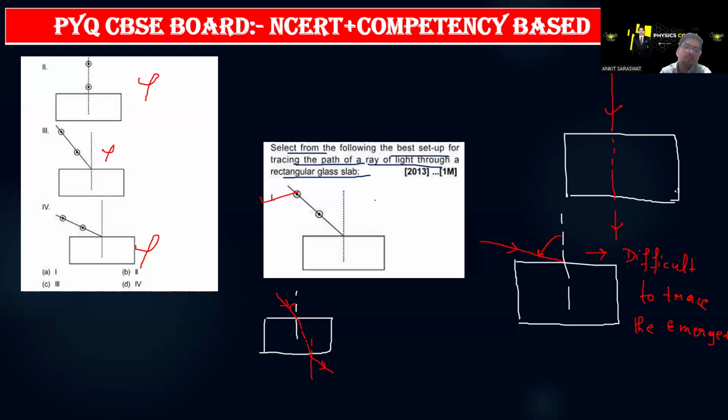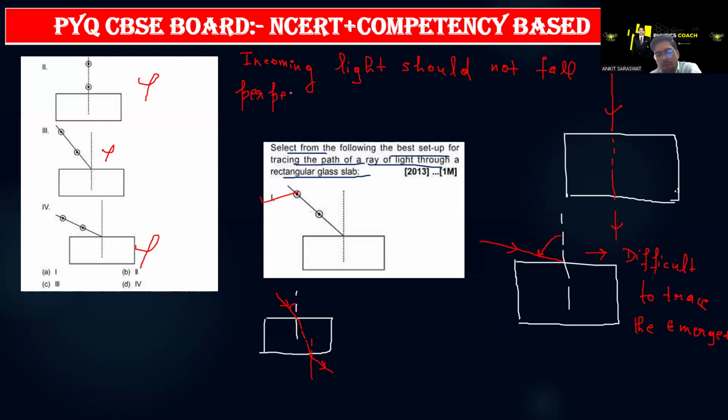Option one. Here, I hope you understood. If you want to write, you can write it down. Write down: incoming light should not fall perpendicular,